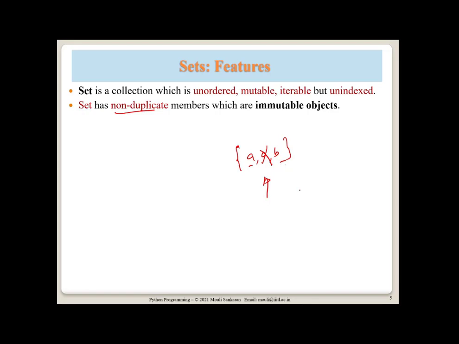Now the question is, how does it go through it? We will see it. That's where the hash function comes in. When you are iterating over the set, or when you are trying to fetch one item from the set, how is it accessing a particular element, whether it is present or not? It uses a hash function for that. We will see that. So they are non-duplicate elements, but they are immutable objects. So they themselves cannot be